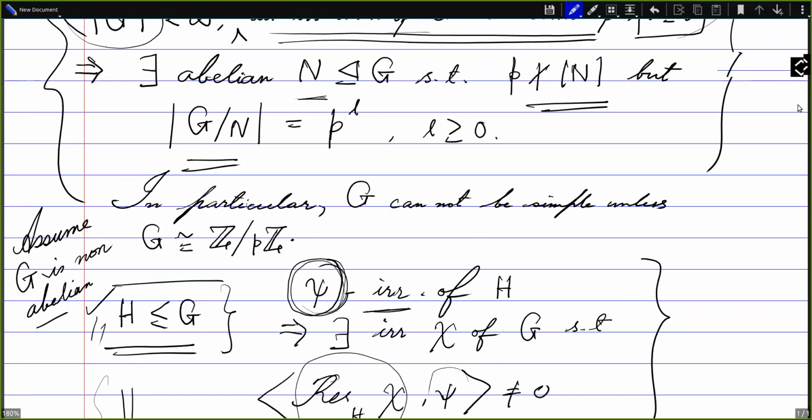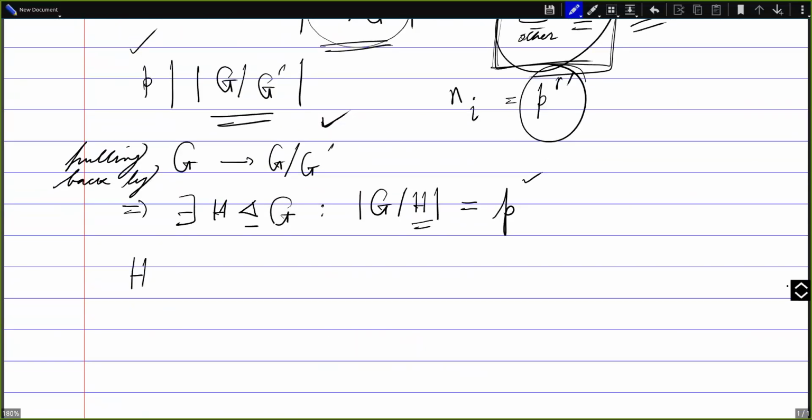From the induction hypothesis, there exists a normal subgroup N of H such that P does not divide the order of N, but on the other hand,